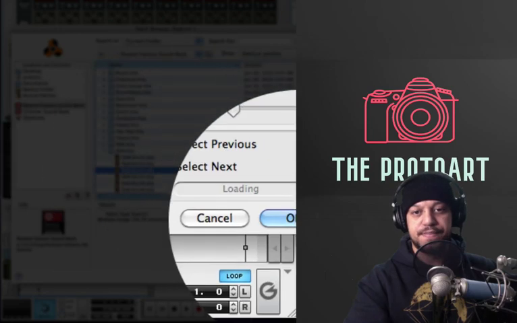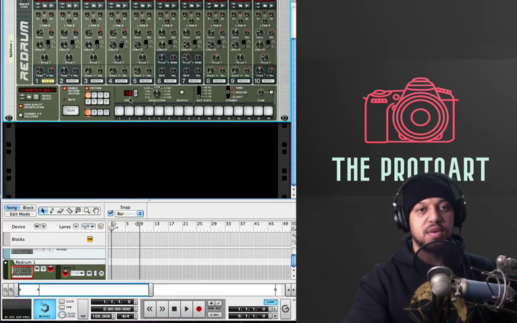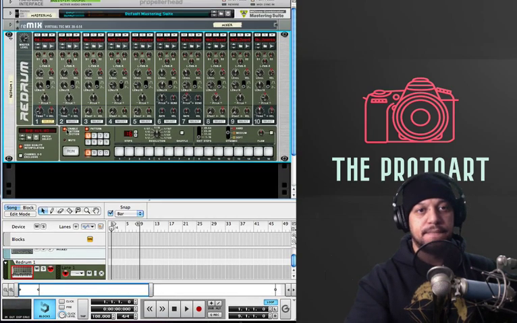There you go. So in row number 2, you're going to choose that. Make sure this is selected. And then you're going to click the boxes 5 and 13. So if I hit play, that gives me my little snare tempo, right? Alright, so now you're going to go to row number 1, and you're going to choose boxes 1, 4, 7, and 11. So if I hit play right now,